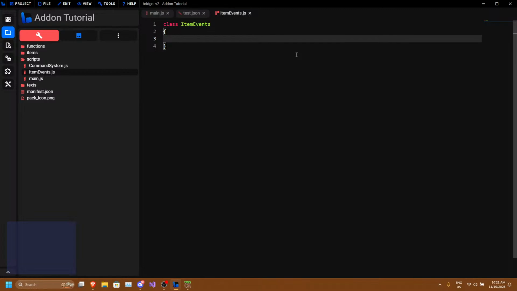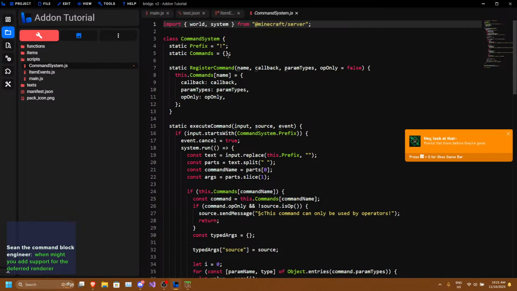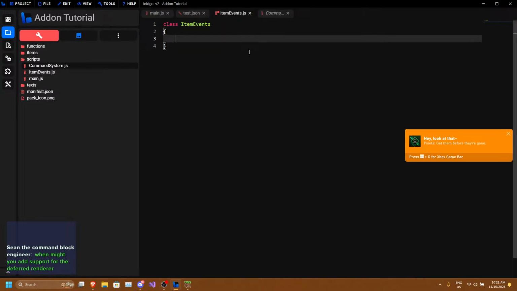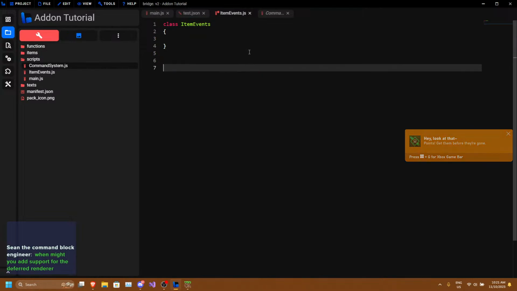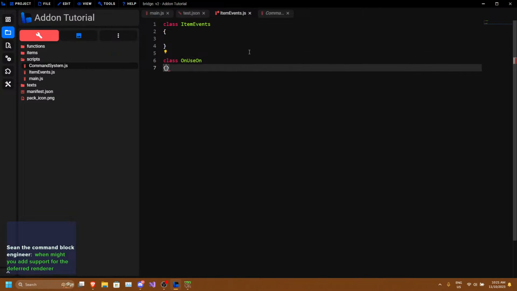And then we're going to create two arrays or objects, I think. Should I do objects? Yeah, I'll make these static. So I'll create two new objects, so two new classes called onUseOn, and we'll say,